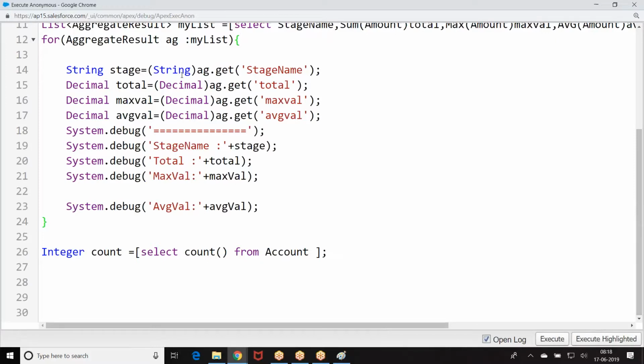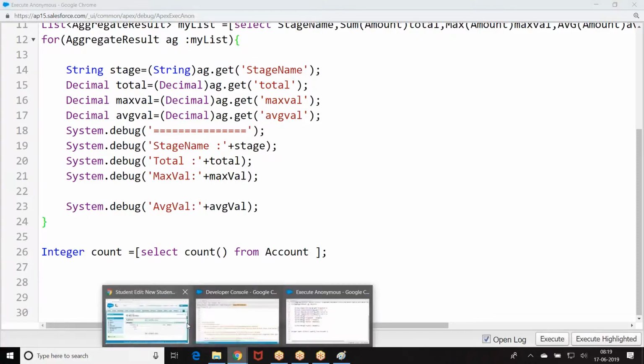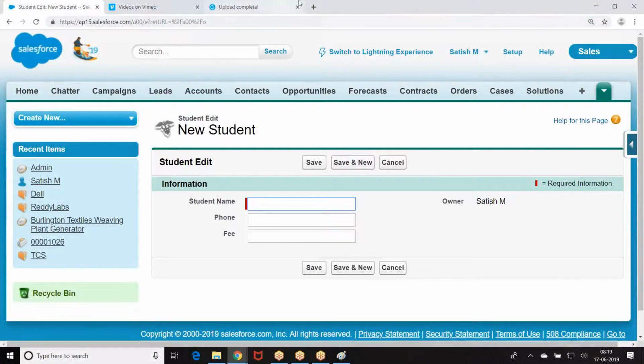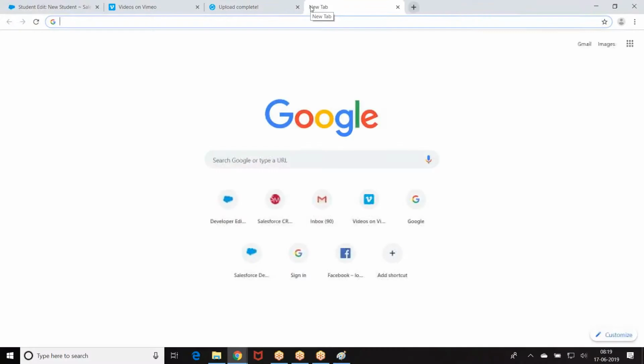We also have internally date literals like today, yesterday, last 10 days, last 20 days, last 30 days. When you are having date literals, we have them straight away here. There is a huge list, and I don't want to type all of them.